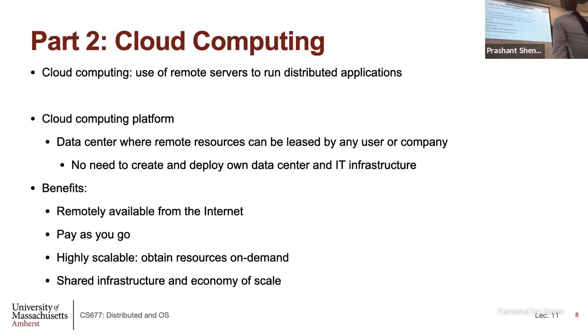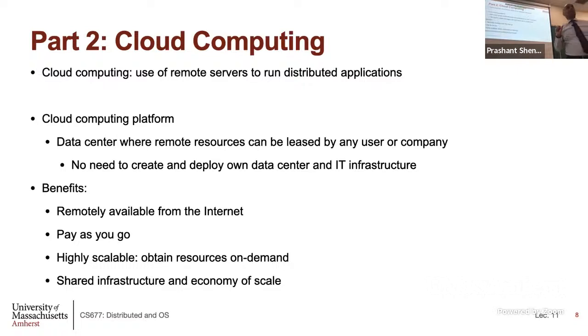So from, let's say, UMass's perspective, the servers that will run, let's say, Spire or some other application that you may be using, they're not actually based here. They're not running on campus. They may be somewhere else remotely. So if you have the ability to use a remote server to run your application, that at a very basic level gives you cloud computing. But there are other aspects to cloud computing than just making something remote. It's not like you put a server somewhere remotely, and now you have cloud computing. You'll see that there are other aspects.